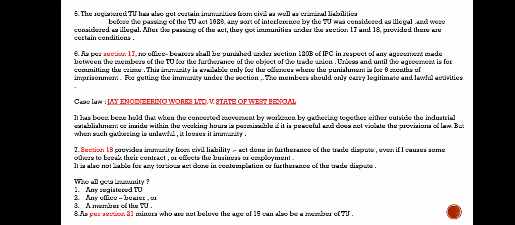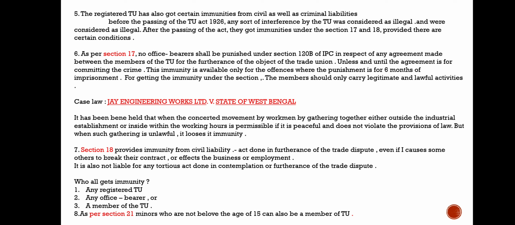So before the passing of the Trade Unions Act of 1926, whatever activities were done by the trade union, if it interfered with the daily transaction, the daily business, then it would be considered illegal and they would be prosecuted. So the important case that we have already dealt with is the Buckingham Mill case. So for that, the Trade Union Act, in order to confer some immunities, the Trade Union Act of 1926 was